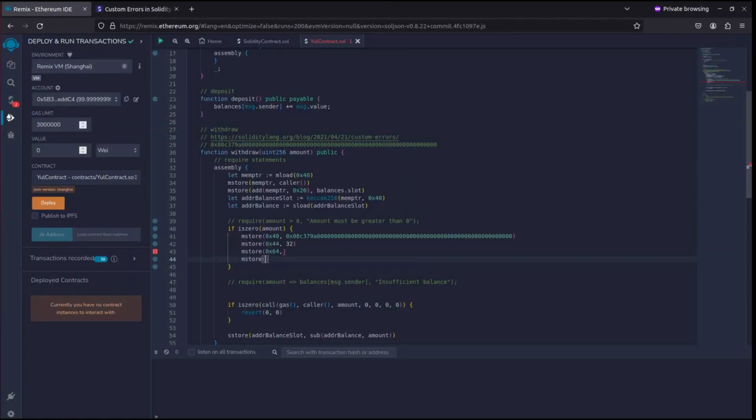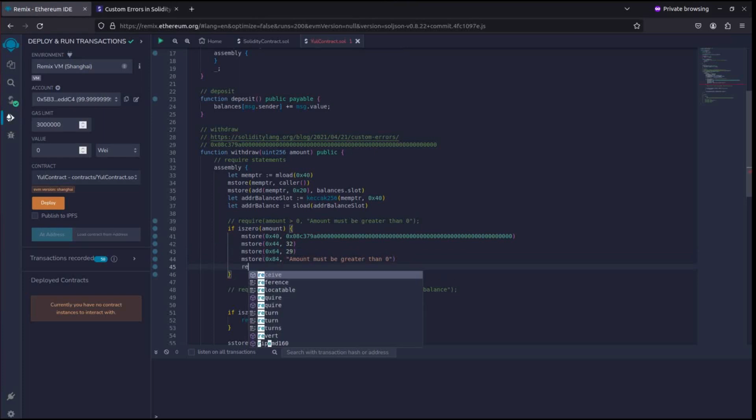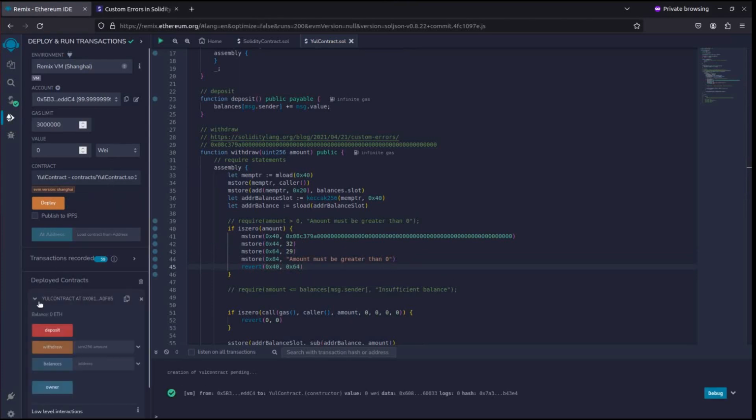So mstore 0x84, and let's actually use the error string from Solidity, the original one. Amount must be greater than 0, and this has a length of 29 characters. And lastly, we need to put the revert. So the revert starts from 0x40 and the size is 0x64, and that is it. Let's deploy it. And now if I try to withdraw 0, I should get amount must be greater than 0,